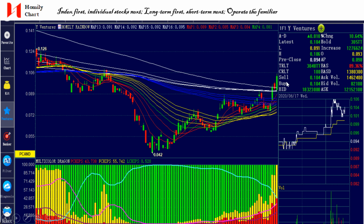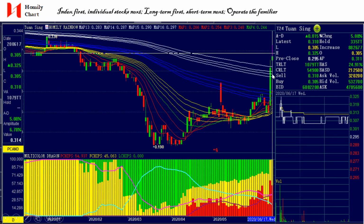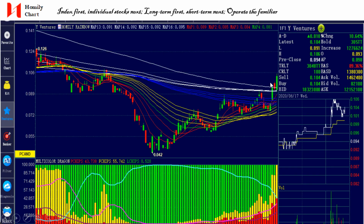Draw a half level to cut the body of this long green candle, right? Then if in the near future the closing price remains above the half level of this long green bar, you can buy and hold. But when the price drops below the half level of this long green bar, you need to stop loss. And if you buy